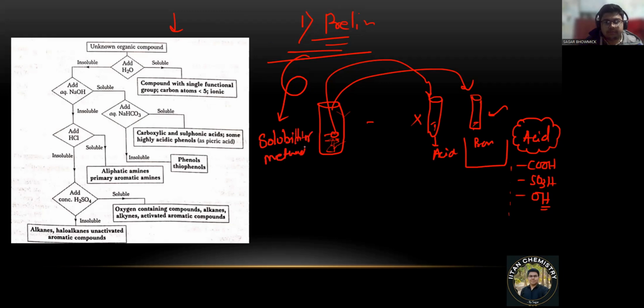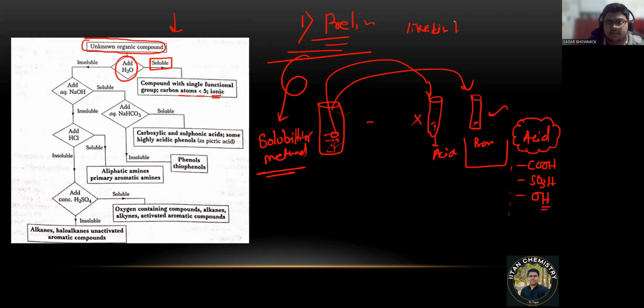Solubility method. So I hope you have understood it. Now let's know step by step how you are going to perform the test. First, you have an unknown chemical compound. Add water. If it is soluble, then it is a compound with a single functional group, carbon atoms less than 5, and it will be ionic. Water soluble, we know,